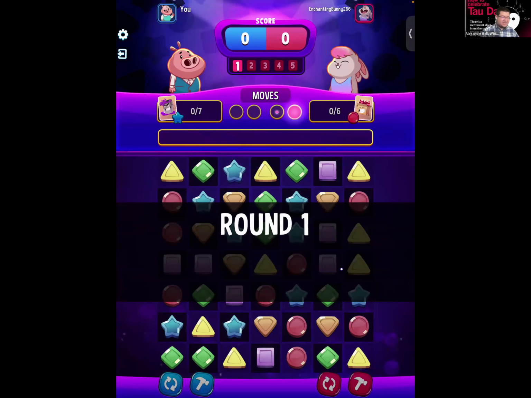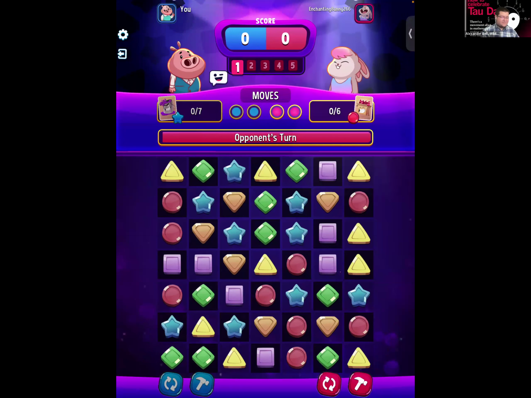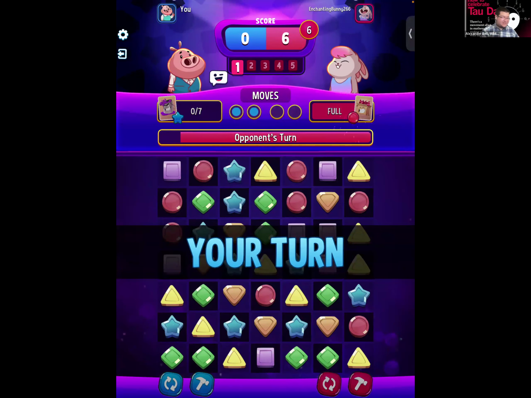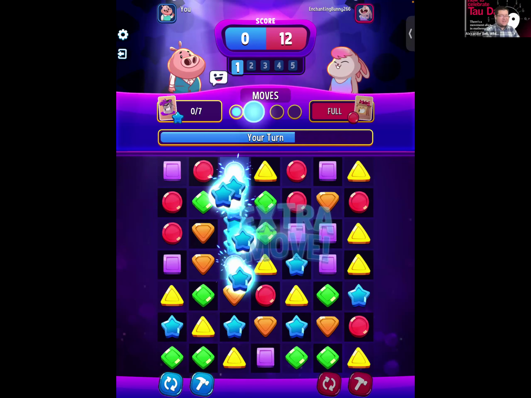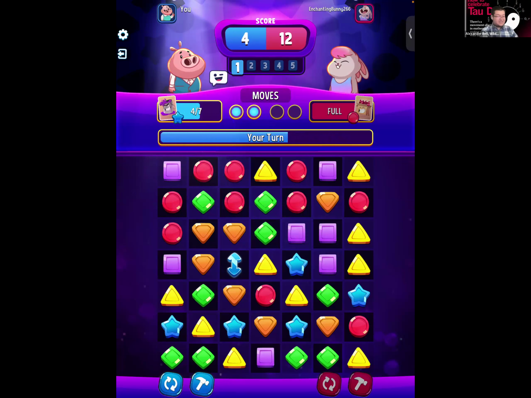So this is a match 3 game. You're basically just trying to score more than your opponent. And you only have 2 moves per round, unless you make a match 4. If you make a match 4, you get an extra turn. So right here, also, if you look on the left-hand side, if I make blue matches, I can power up that power up. If the other person makes red matches, they can power up their power up. So look, if I make this 4, I get an extra move.